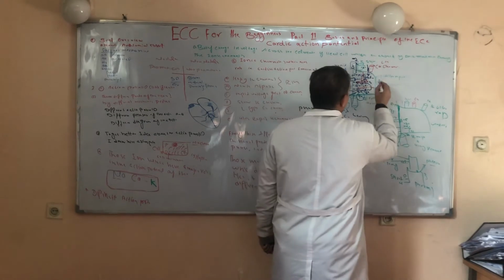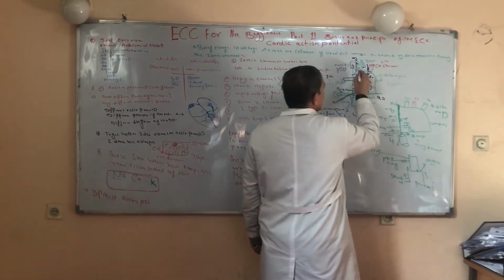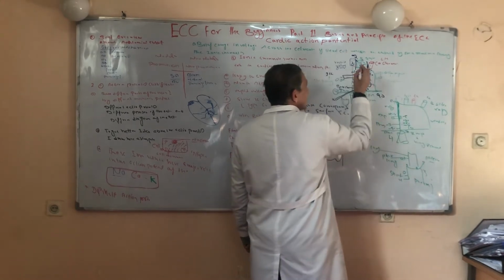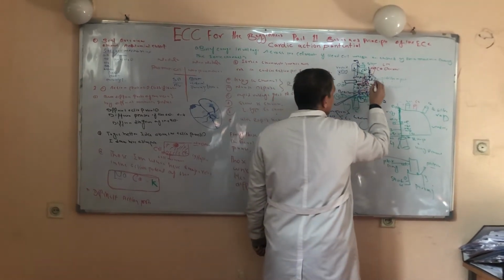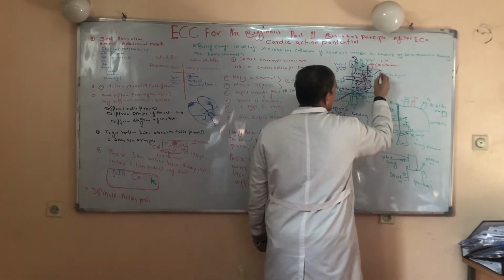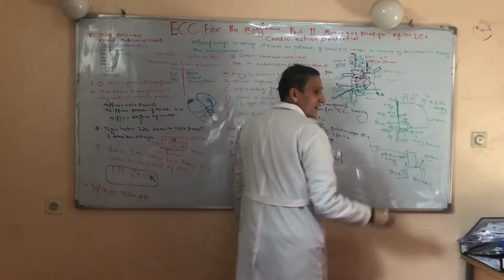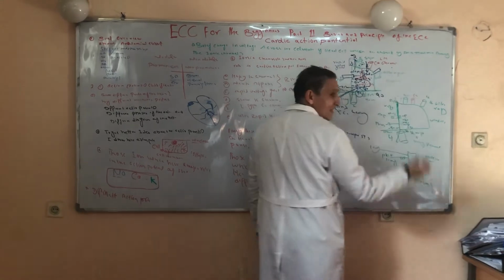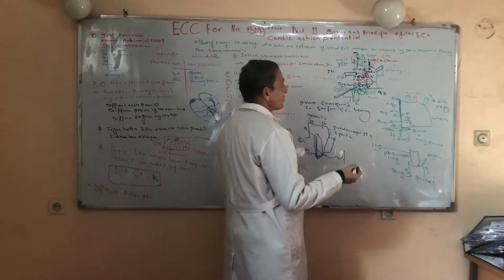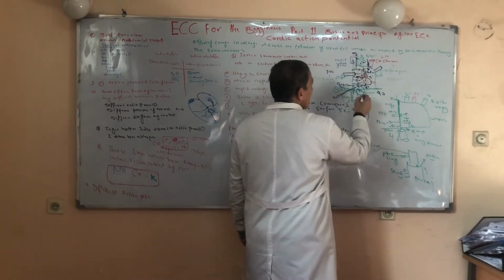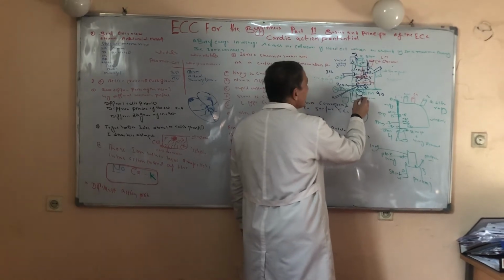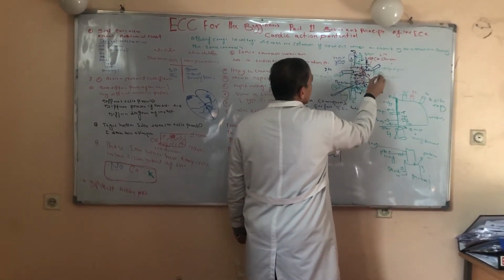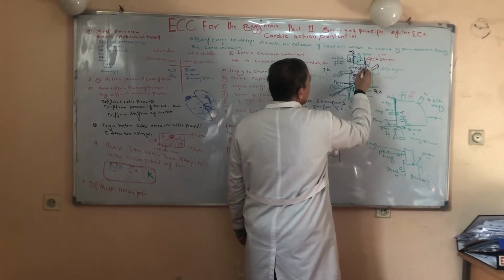Now again we come to the ultra-rapid potassium channel. This is the slow potassium channel and this is the ultra-rapid potassium channel. Once the cell is depolarized, this rapid voltage-gated potassium channel opens, and a lot of potassium goes from inside the cell to the outside of the cell. And the cell comes back to the resting membrane potential of minus 90 millivolts. This time, the potassium is going from inside the cell to the outside.